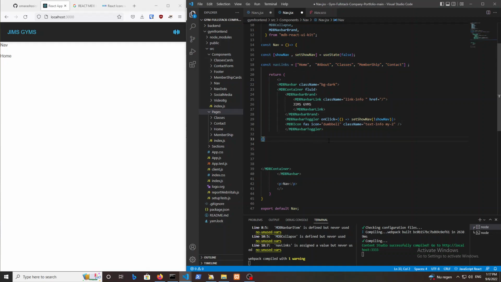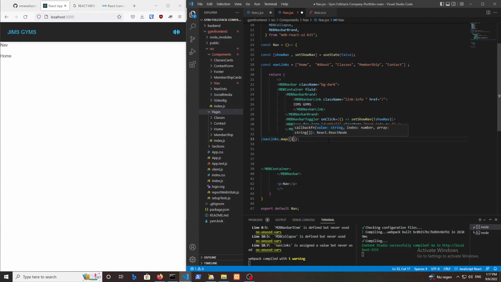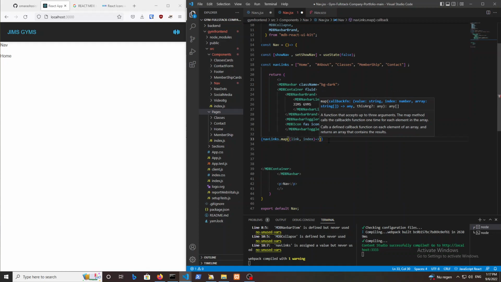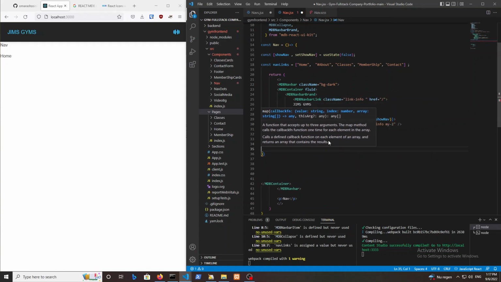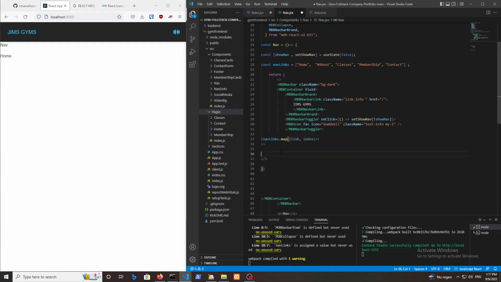Okay, so to display these links dynamically, all we need to do is just open up parentheses. We're gonna get that const we just defined, and we're gonna do a map method, which is basically gonna hold the array, and we're gonna map in a link and then the index. And this is just the normal syntax. And then we are just gonna return an empty fragment, and between that empty fragment we could return whatever we want. So let's just return the link for now,